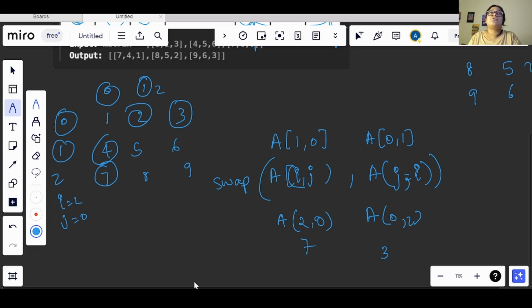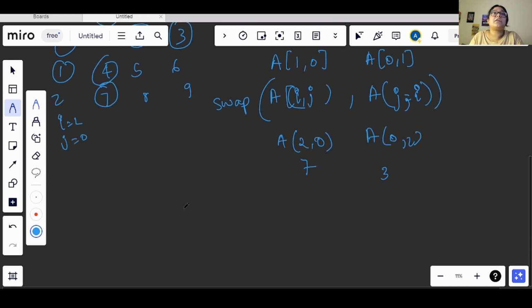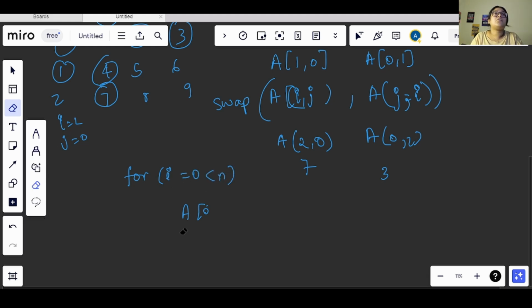Now what we are seeing here is that we start the iteration, let's say for i equals 0, and we will be going till less than n. Now about this j, for j equals, we will consider this afterwards.